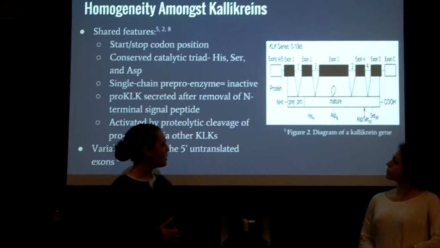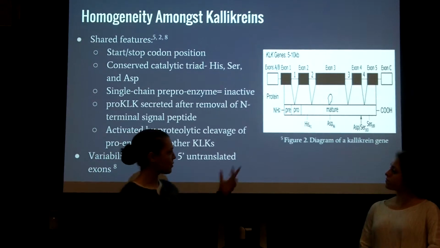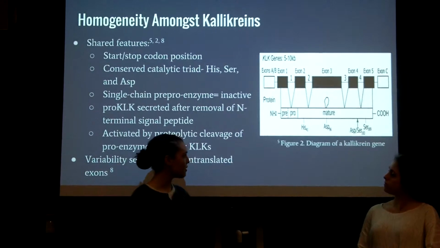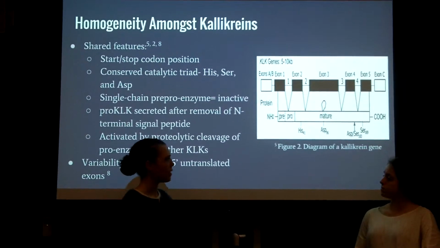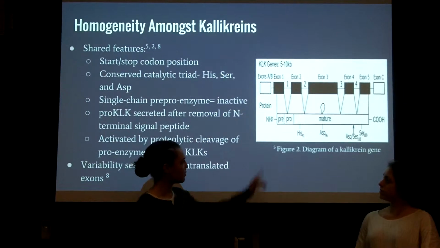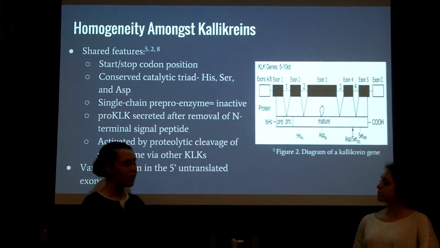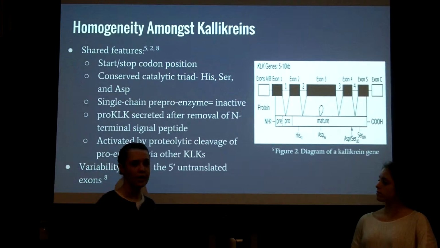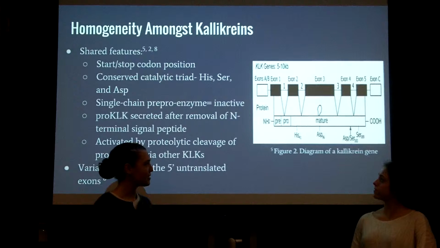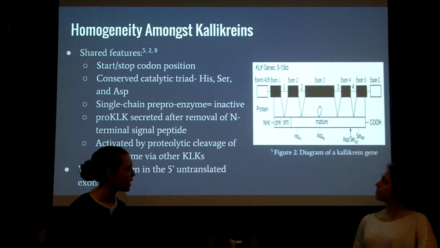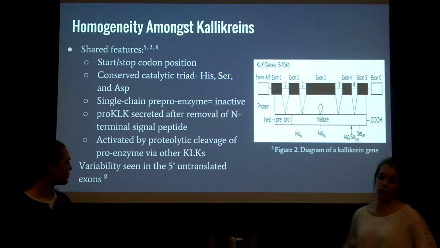And the kallikrein 6, all the kallikreins are usually normally secreted as an inactive enzyme at first. They have this pre-pro sequence that prevents binding. And initially the pre segment is first cleaved off, and then it's moved outside of the cell. And then the pro segment is then cleaved by another kallikrein member of the family, and it's cleaved into the mature and active kallikrein. The only differences that we see in the kallikrein family are in the untranslated regions, which